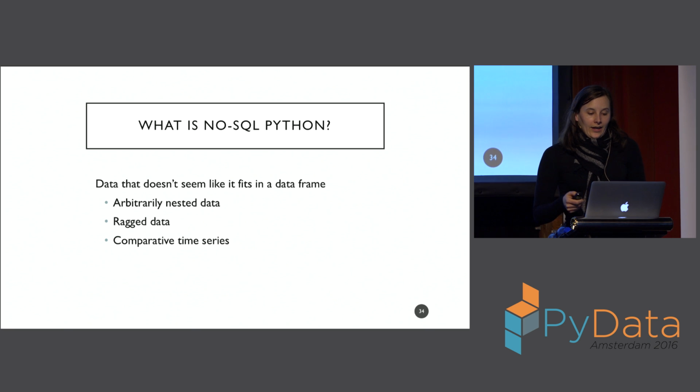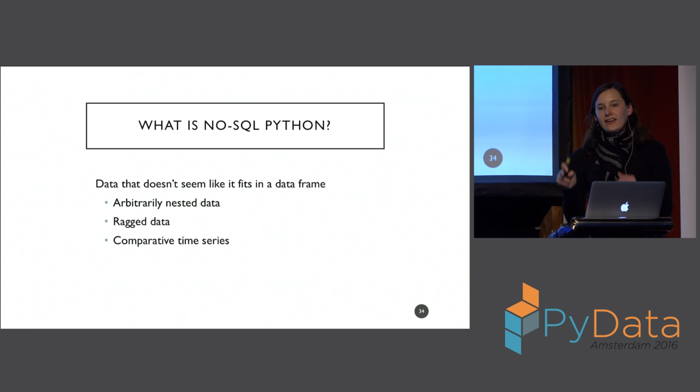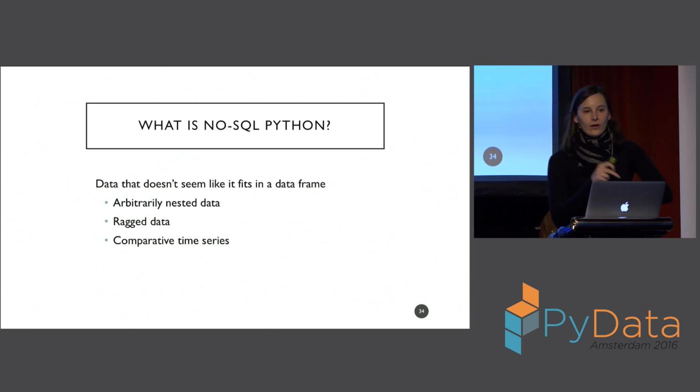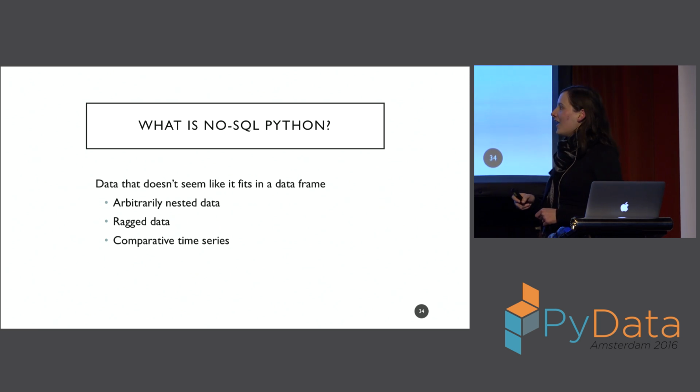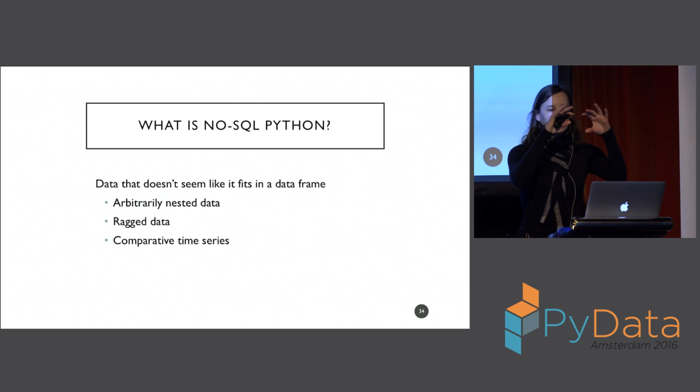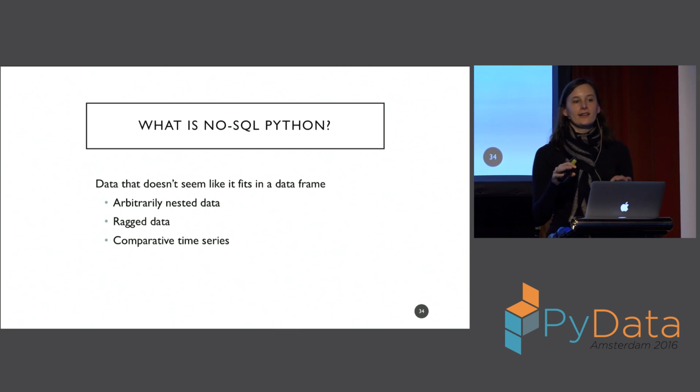Okay, so what is NoSQL Python for me? I would say it's when you have to deal with sort of arbitrarily nested data. This is something you see with NoSQL, right? I can collect at any data point as much as I want to know, right? So maybe when you're wearing your sensor, first I'm just like, well, where was Joe at 2 o'clock and where was he at 3 o'clock? But then my sensor gets smarter, and now I'm like, well, what was Joe's heart rate, or what was Joe wearing, or what was Joe thinking? What was his mood, right? And I start adding fields, and I started with an array of one value, and soon I have an array of dictionaries, and soon I have an array within an array and all that.